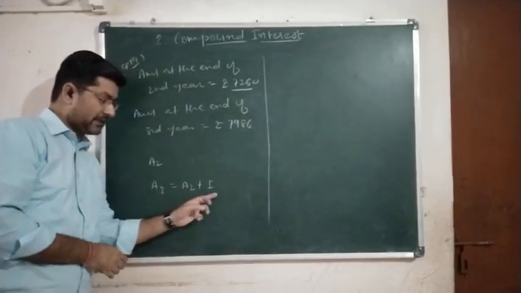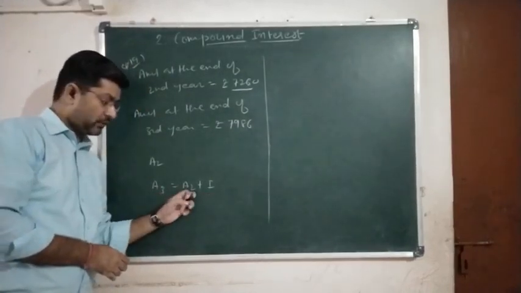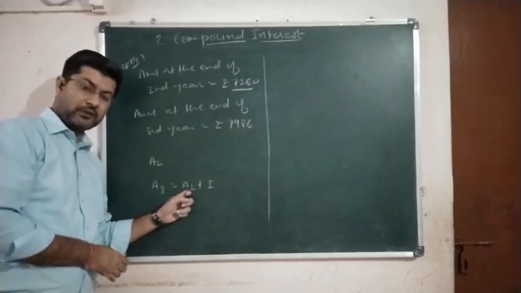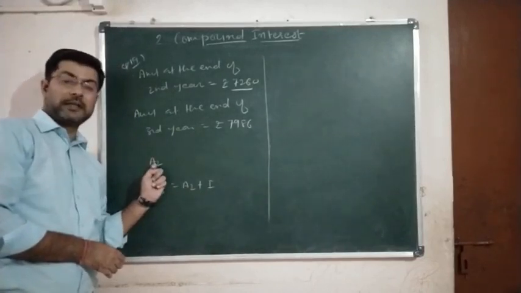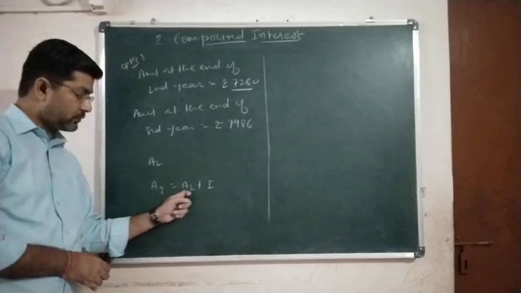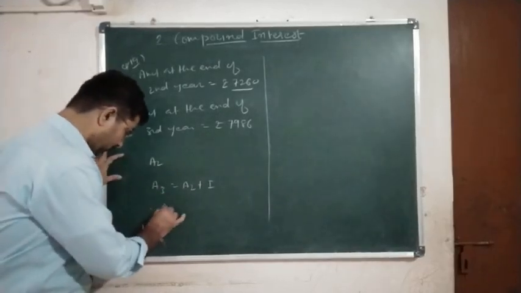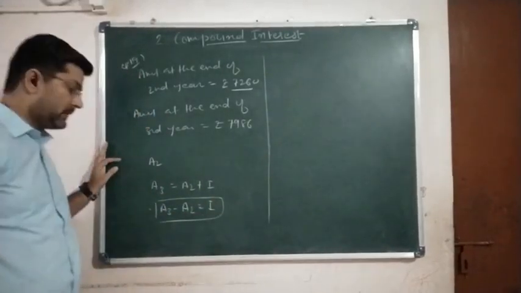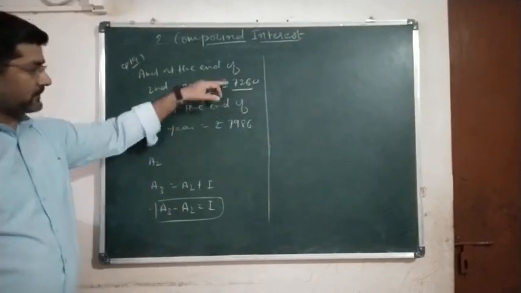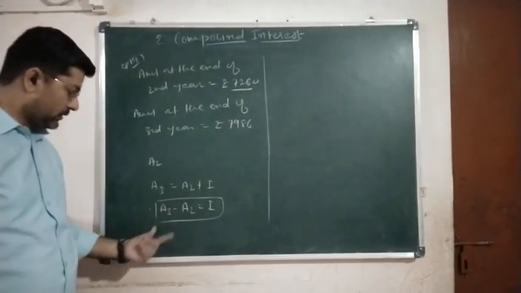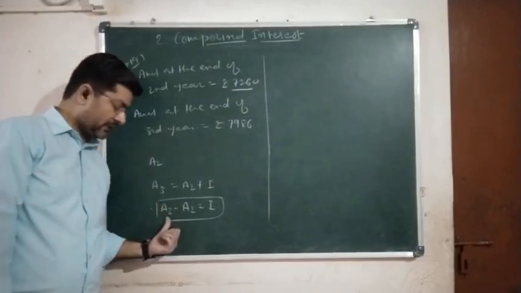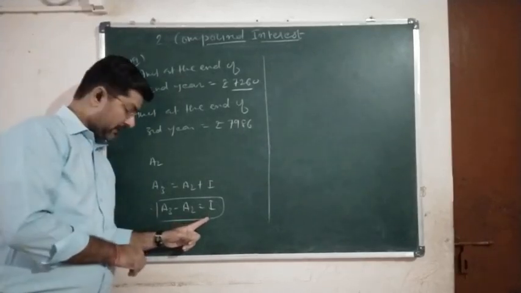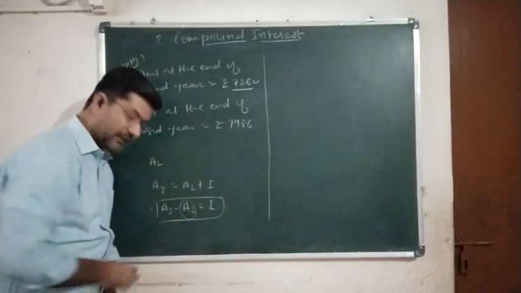So this is actually what we are writing for amount. What is the formula? P plus I. Amount for the third year is equal to principal plus interest. Now what will be the principal for the third year in the calculation of the third year? That is actually the amount of the second year. Yes or no? So therefore A3 is equal to A2 plus I, and therefore A3 minus A2 is equal to I. So this funda we are going to use over here. What we will do, we will take the difference. You are given the amounts for two successive years. So when you take the difference of A3 and A2, you will get the interest for 1 year on the principal. What will be the principal? That is the smaller value, that is A2.